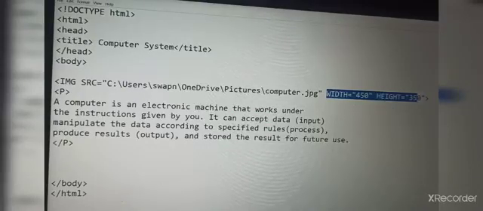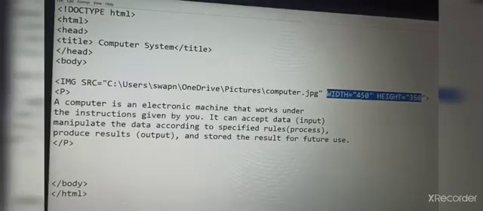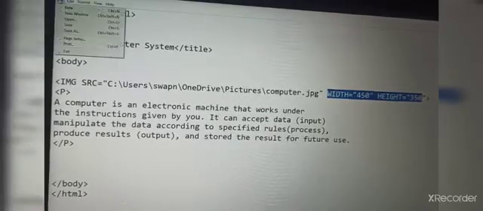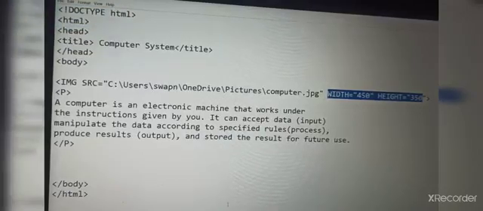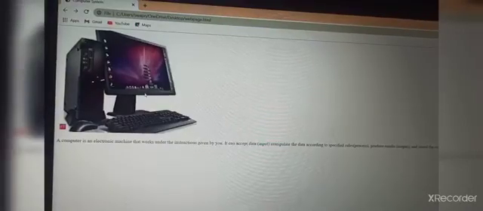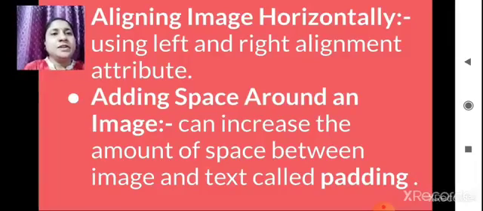Now let's see how big this image will be. See, we can increase the height and width of this image. We specify the size of an image by using width and height. Got it? Yes.